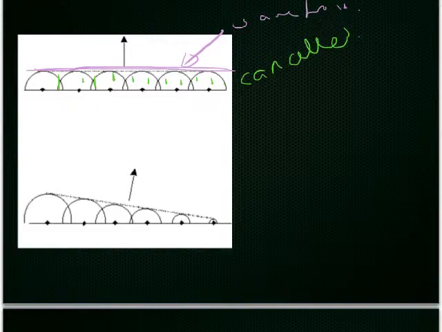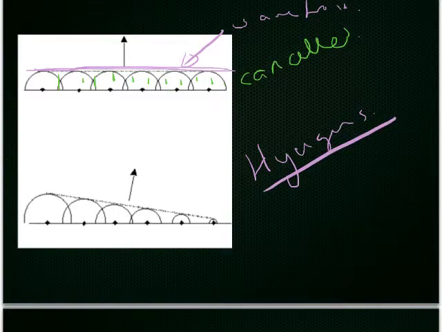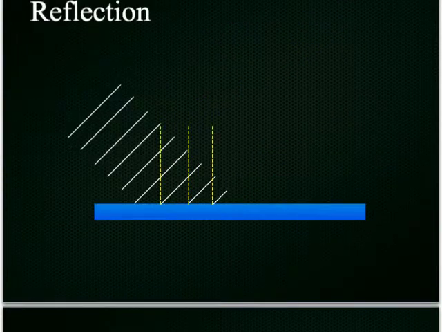So the circular pattern will create a linear wavefront. Okay, but all you have to remember is that it essentially just shows the straight line nature of a wave. So with reflection, using this principle,